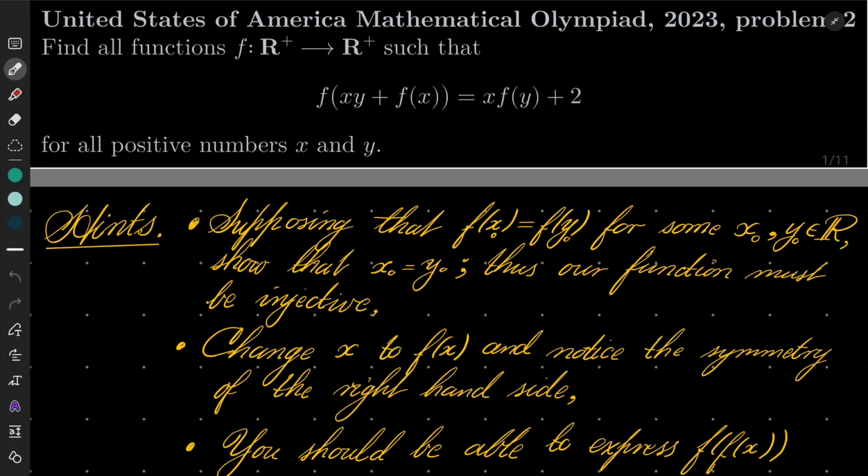Hello friends, in this video I'd like to solve the following problem from the United States of America Mathematical Olympiad 2023, problem number 2. We wish to find all functions from the set of positive numbers into itself, we are dealing only with positive numbers, such that the following functional equation is satisfied. f of x times y plus f of x equals x times f of y plus 2 for all positive numbers x and y. This problem is rather lengthy and rather hard, I'd say,